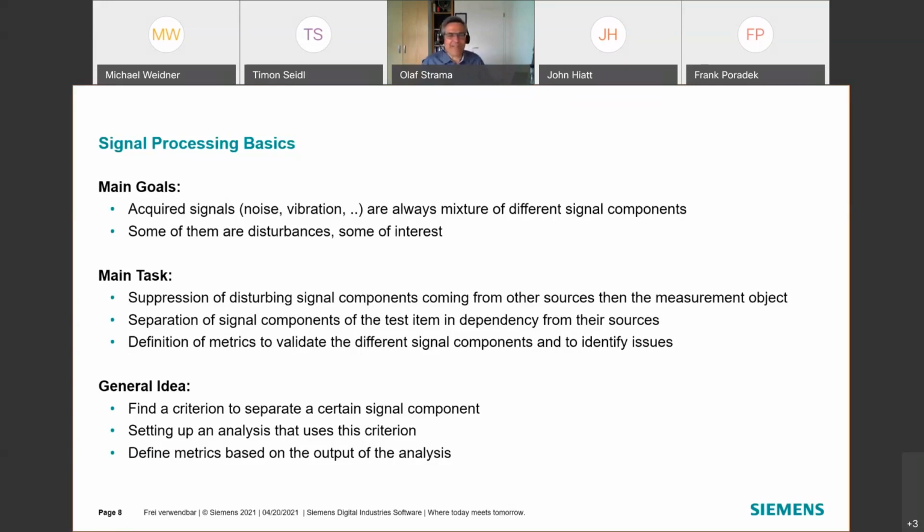For our devices under test, we have to find out what signal components are emitted, what kind of signal is emitted, and can we use the special characteristics of this kind of signal to filter it out from all the other signals. A very easy thing would, for example, be using really a filter that